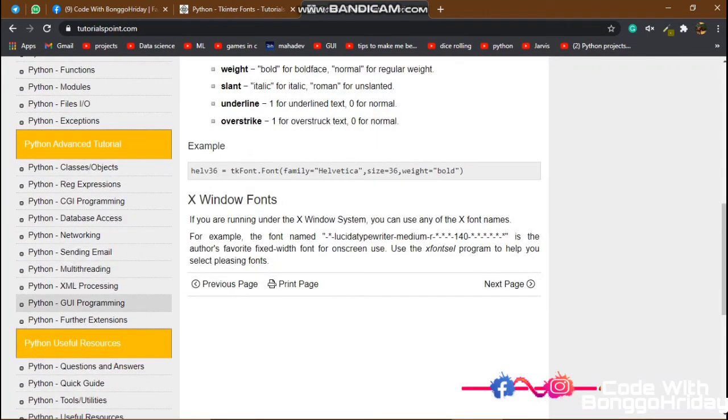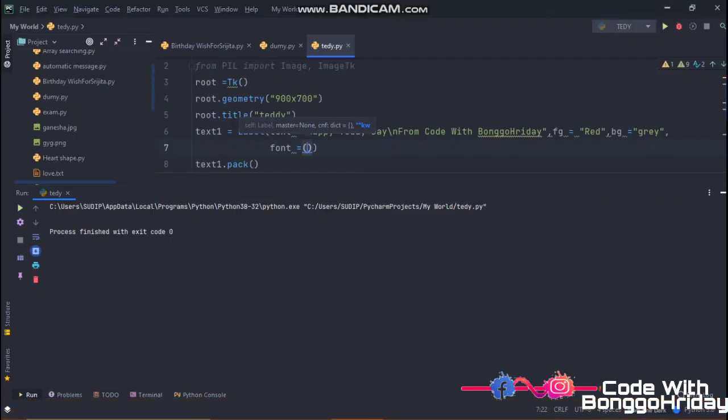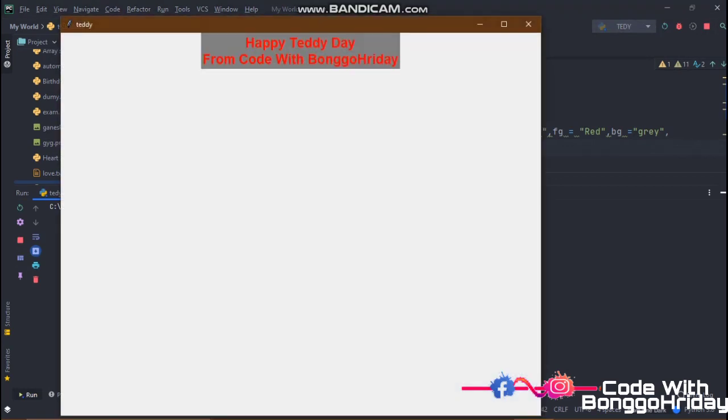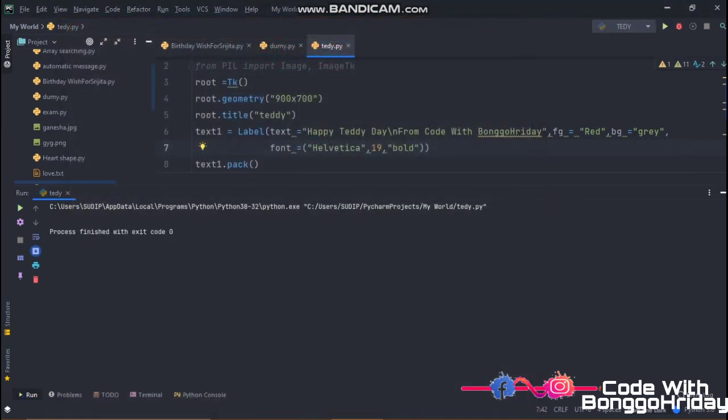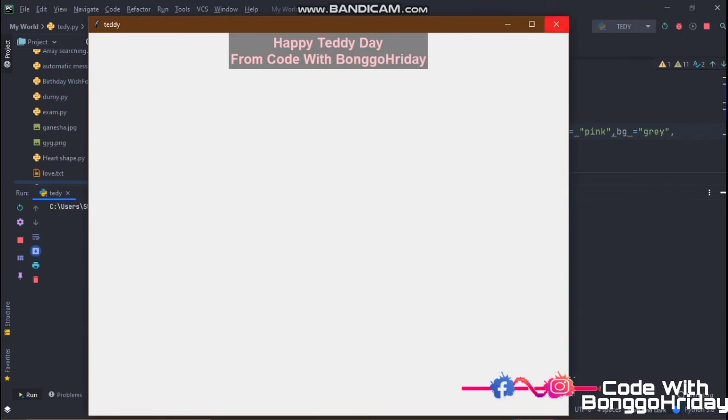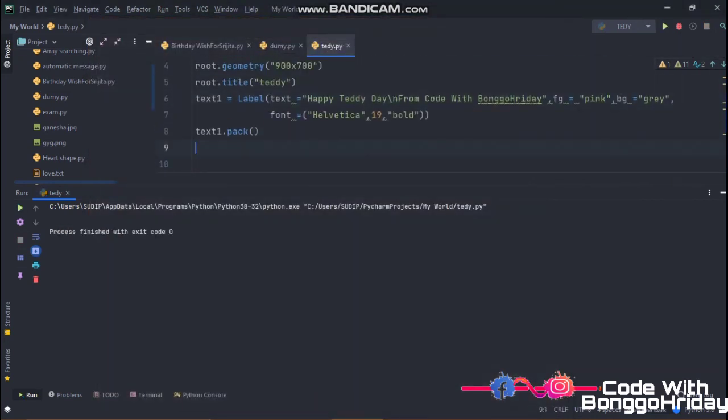So I am copying the font, and I'm pasting the font. You can choose any type of the font. After that you have to set the size. I am setting the size as 19, and I want to make it bold. So you can check that is bold and the font is big. By the way, I want to change the color into pink because pink is an interesting color. So it's working.